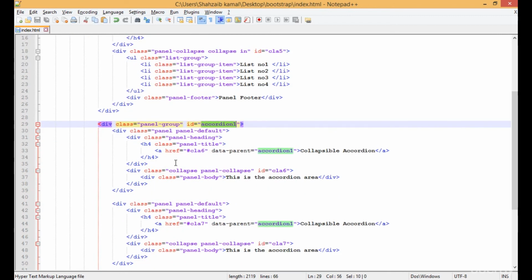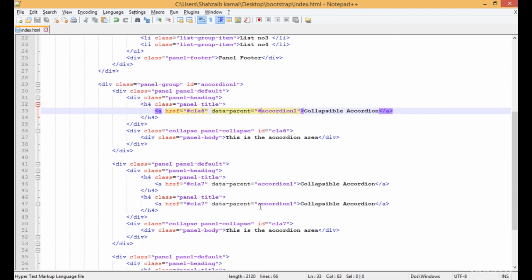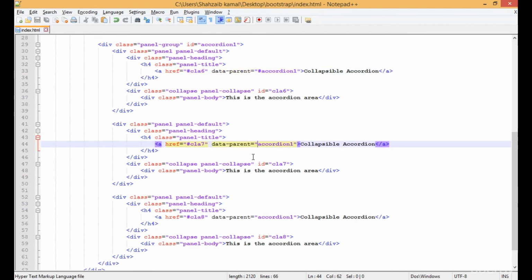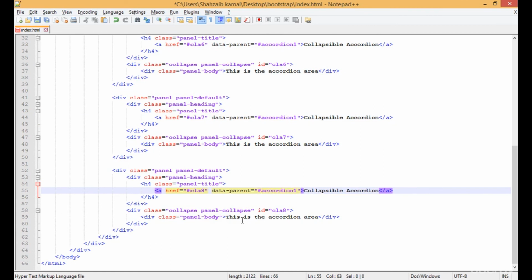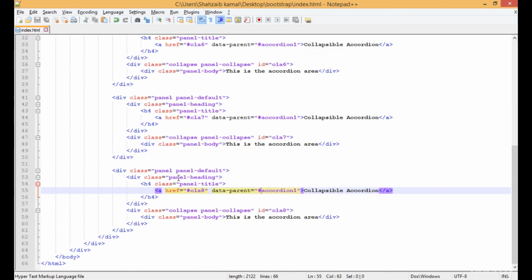So actually here in the A tags, all of the A tags, we are calling the accordion 1. If you're calling an ID, you have to put the hash, you know that the very basic thing. Here it should be the hash, and there it should have the hash, and then refresh. Now when I click on the collapsible accordion, it's still not working, so go back and find out the next problem. The data parent is here, and I'm going to add the data